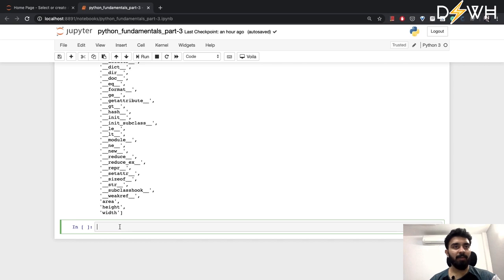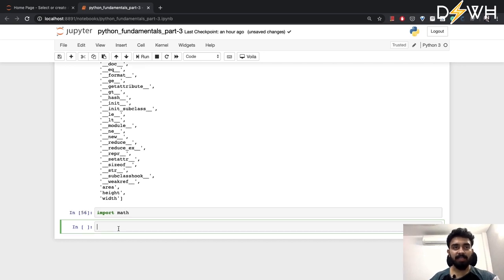One of those libraries is the math library. So we're going to import the math library. Now when I write this import, basically I have the entire code which is written inside this library for myself. So I can use all the attributes, all the functions, all the variables that have been defined inside the math library for me to use. Now if I run this, this has successfully run.